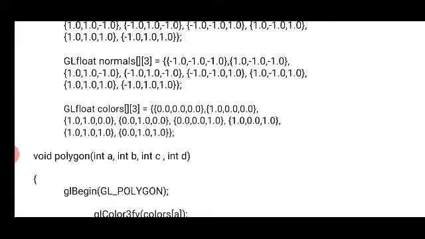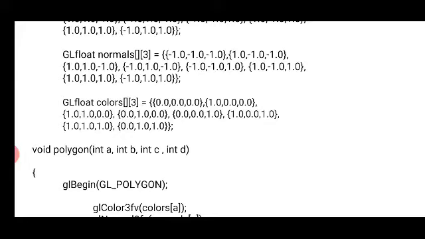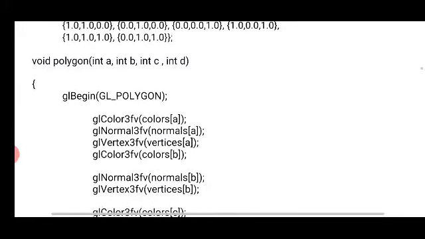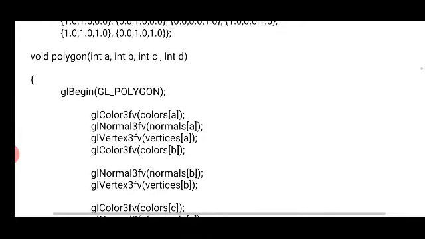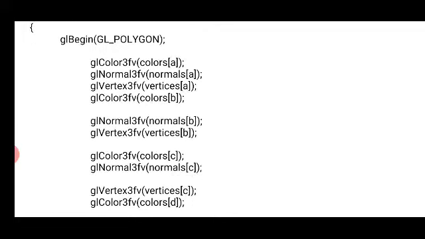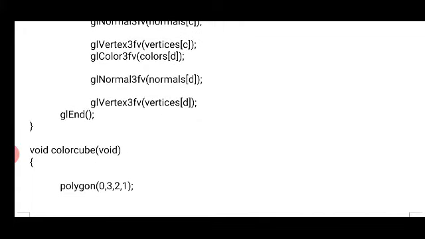Now to draw a particular cube we need to draw the polygons. A cube consists of 6 different polygons. First of all we are going to write a function called polygon which draws a polygon by taking 4 different vertices. Here you have a function called polygon which takes 4 integers which represent the indices of particular vertices. By using those, this function is going to draw a polygon.